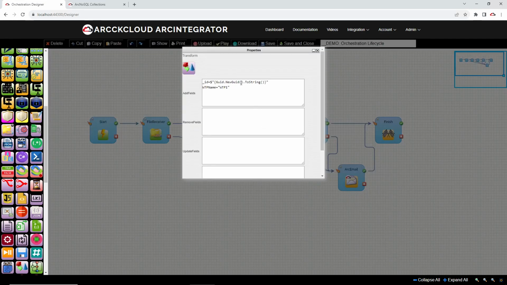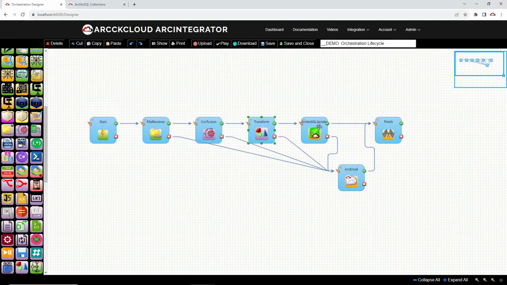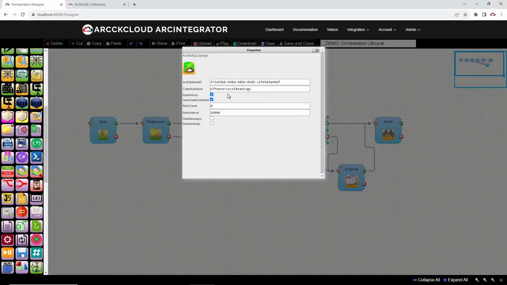It is going to add an ID column and an extra column called the water treatment plant name, and then it's going to save that data into an Arc NoSQL sender, which sends it to an Arc NoSQL database,